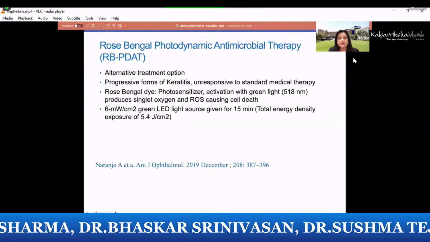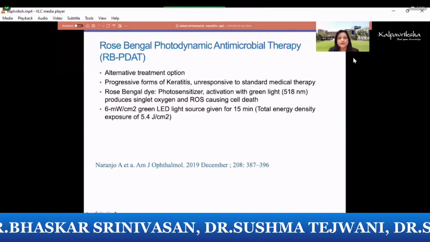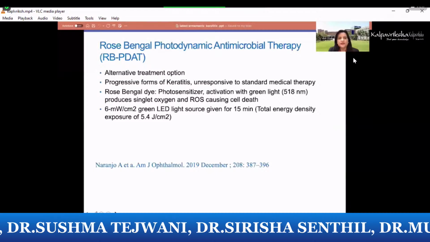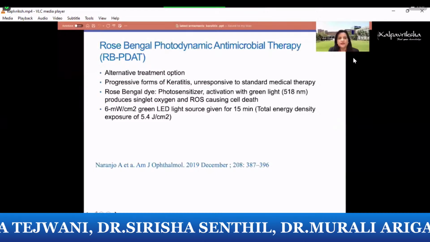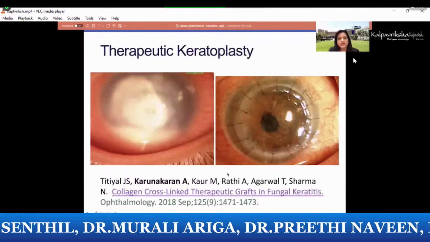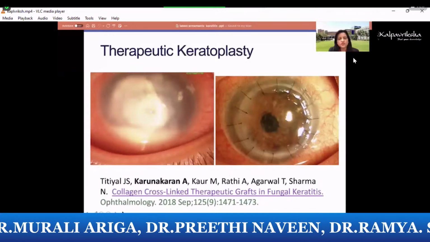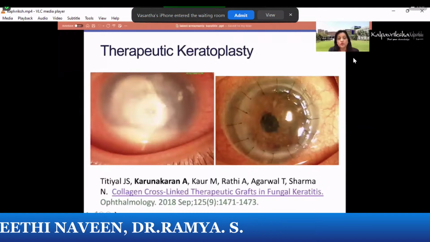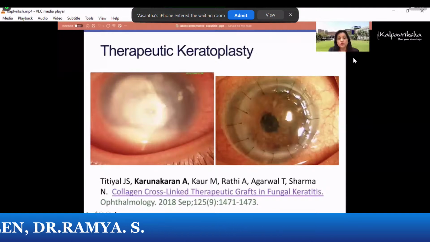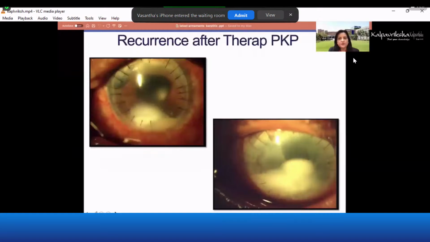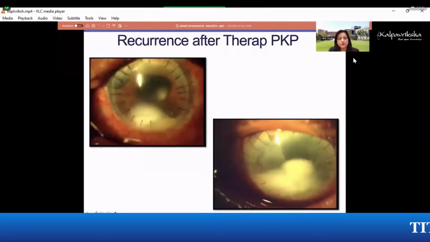As far as keratoplasty is concerned, therapeutic keratoplasty is done in cases of fungal keratitis. So the donor corneas are cross-linked and then they are sutured. Wonderful work which is done by Dr. Anjana Karunakaran from Kerala in RP Center, and this work was published in Ophthalmology. There can be recurrence even after therapeutic PK, so a multi-prong attack,